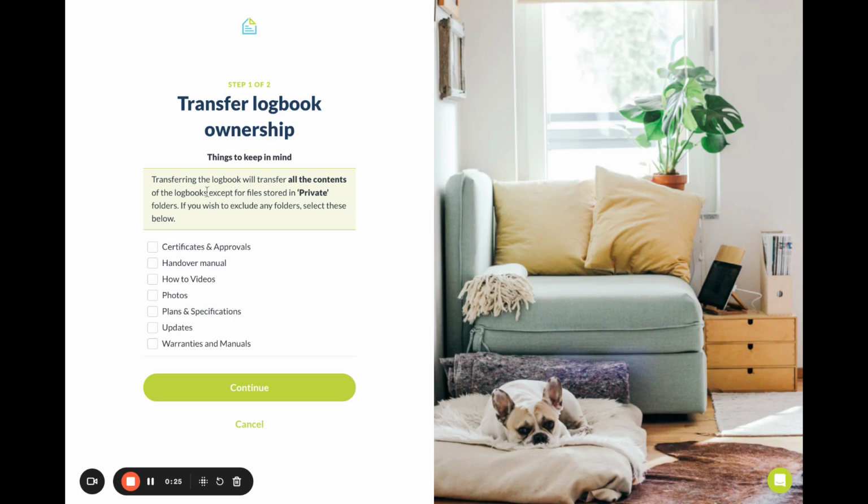It talks about the fact that when you click Transfer, all the contents of your logbook will be transferred across, unless you have some folders that are marked private or you wish to have other folders that are not transferred. To do so, you click these boxes here regarding those folders that you do not want to be transferred across to the next owner. Then it's just a matter of clicking continue, and the transfer